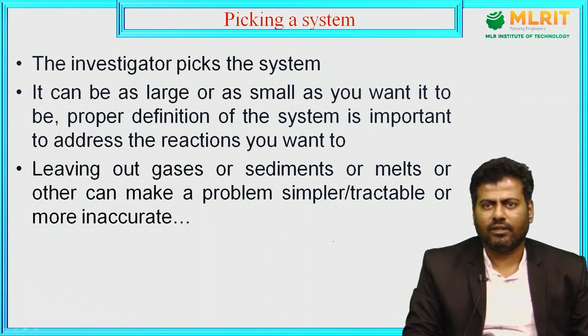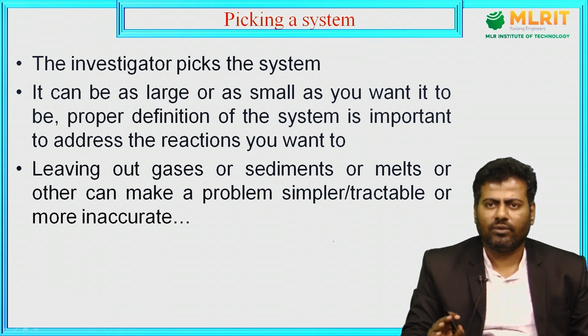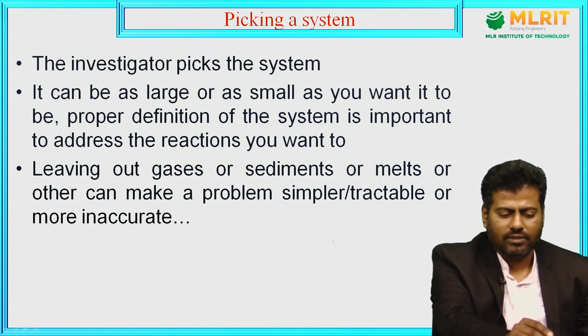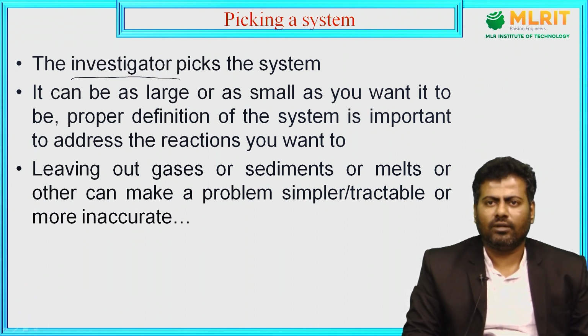If I want to analyze the complete steam power plant, then my system would include all four major components. I have to consider the inlet condition of the boiler and the outlet condition of the boiler. The same applies to the other components also. In that way I pick the system. It is purely based on the investigator who picks the system. If I only need to bother about the outlet conditions of the boiler, which means only the boiler component, then my system is just the boiler, separately. Got it?